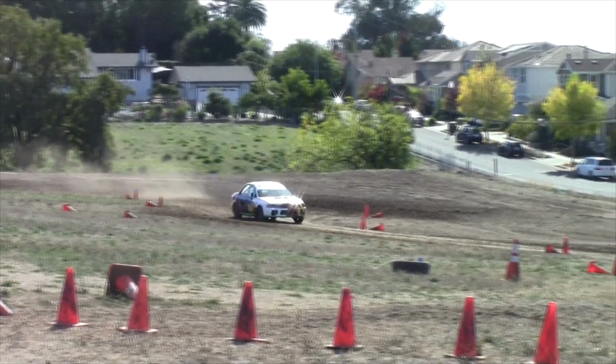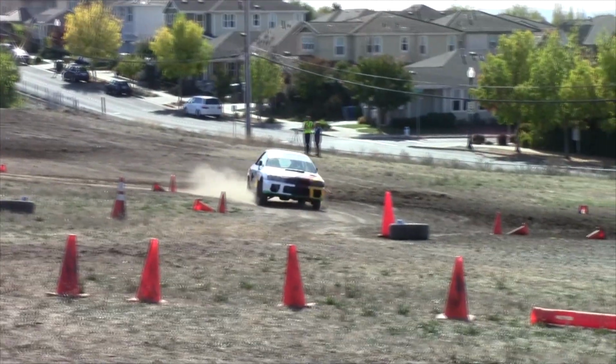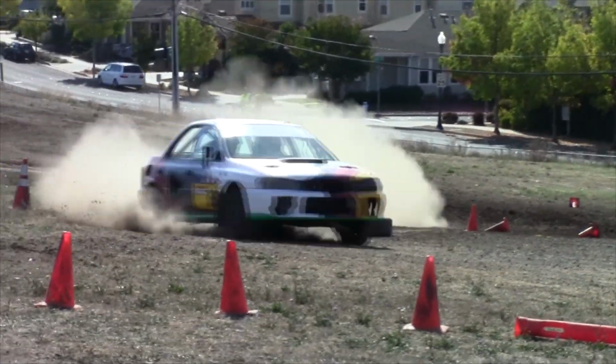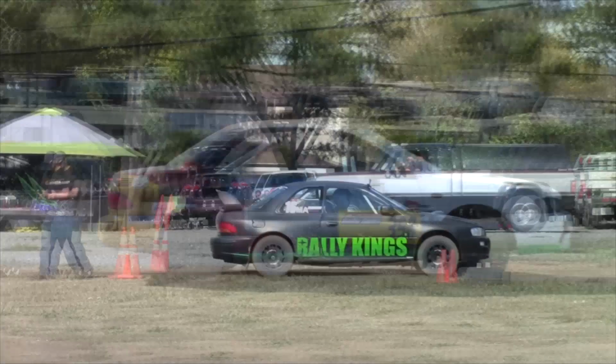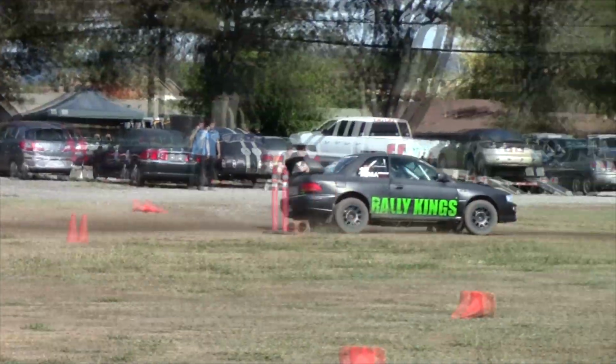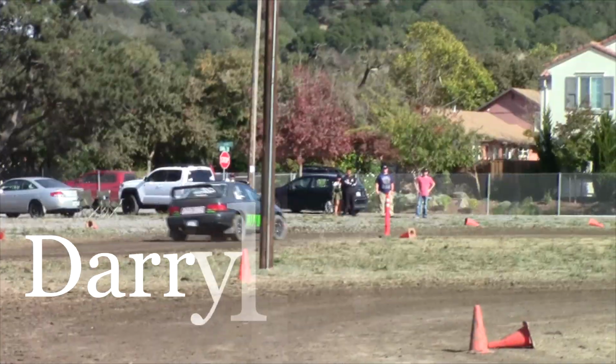Not only are you going for time, but if you hit the cones, you are dinged 2 seconds. So you've got to not only try to get around the course quickly, but you've got to try to do it cleanly as well. Here is Daryl Fike now in another Subaru,